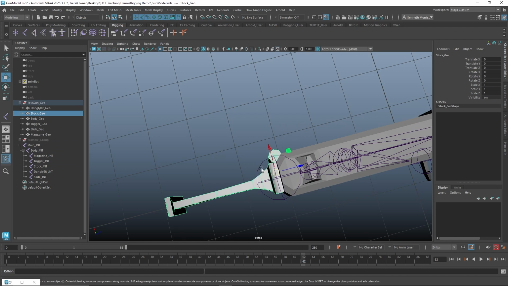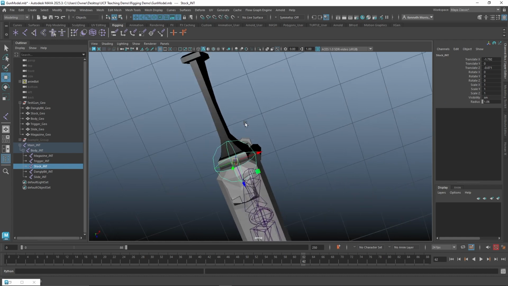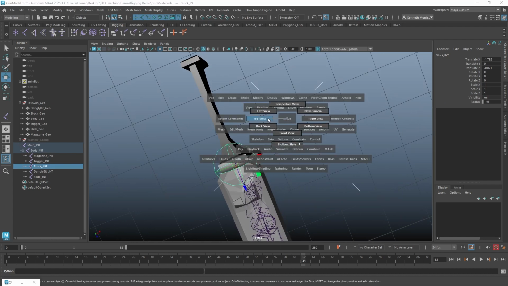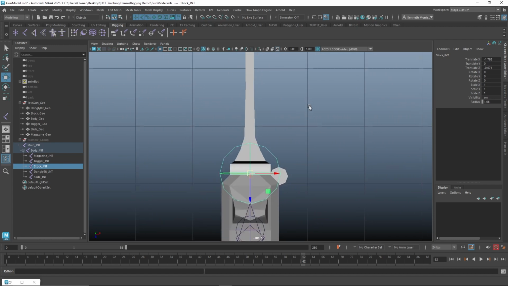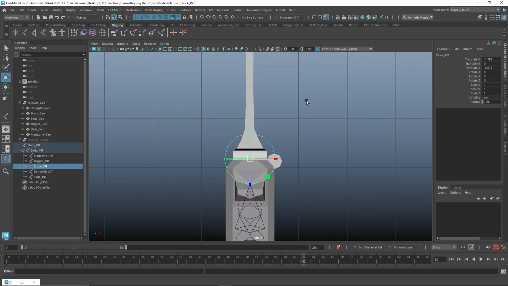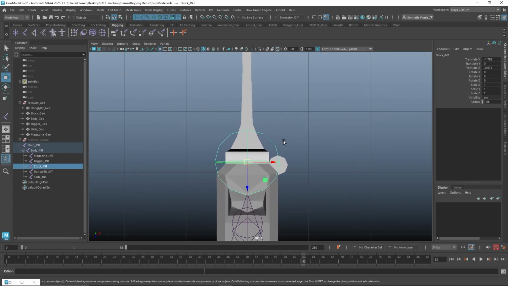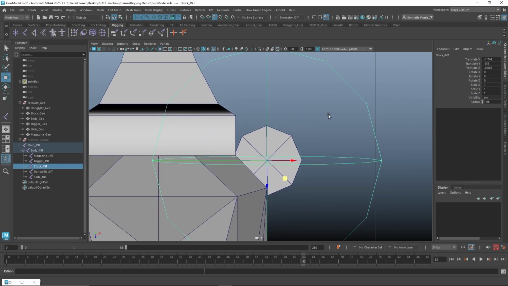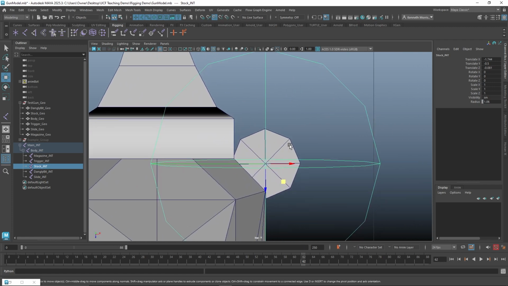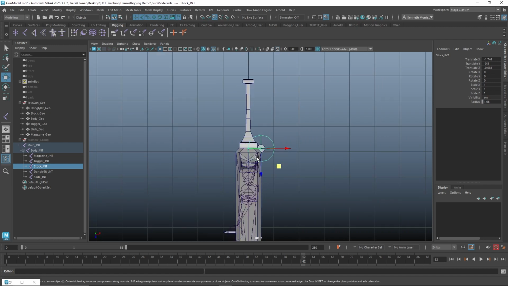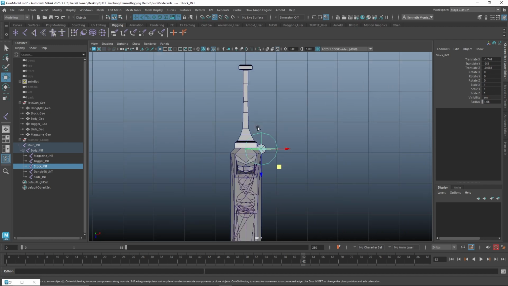But I have this geometry over here that I think could probably be used better for a bend spot. So I'm going to move this joint to that. I'm going to go to top view so I have more control. And I'm going to hit this button up here, snap to points. And now I can move this, and I'm going to try to snap the joint to the center of this part of the geometry, which will, again, be the sort of hinge to our